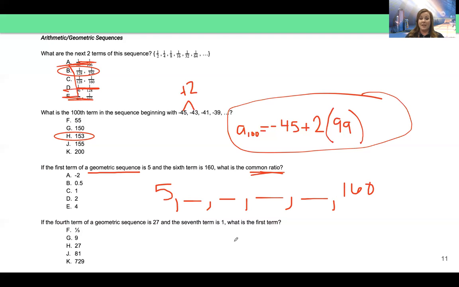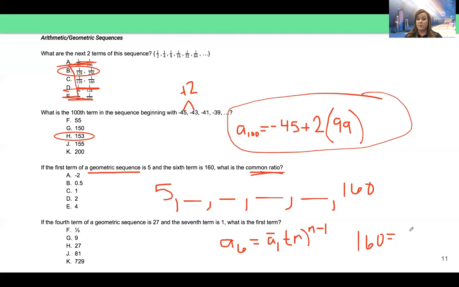We've got the 6th term, a sub 6 is equal to whatever the first term is. We know that's a 5. I'm going to write it down. We know that's a 5 times whatever the common ratio is. That's an r to the n minus 1. So let's fill that in. First term here, our 6th term is 160